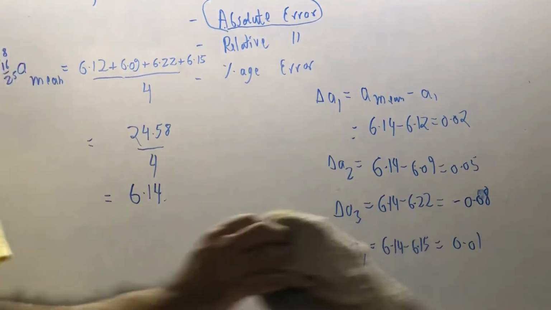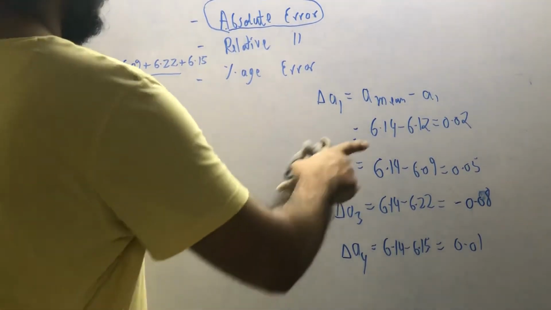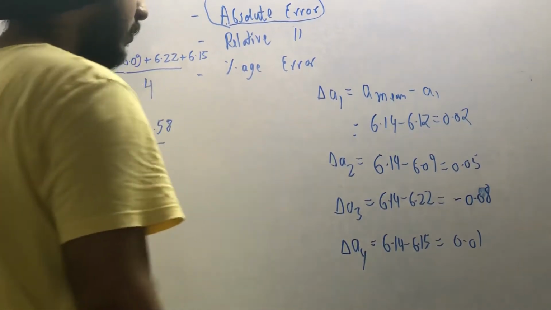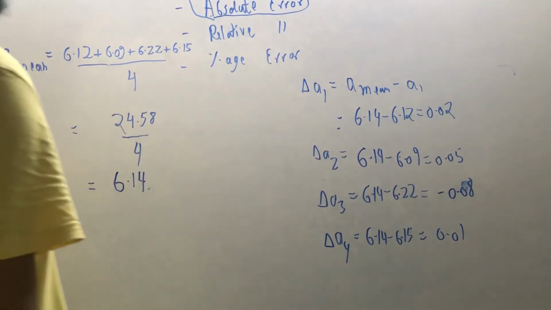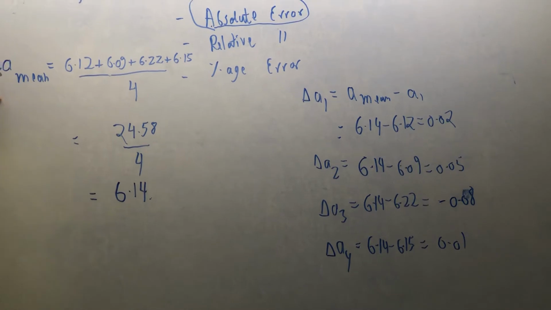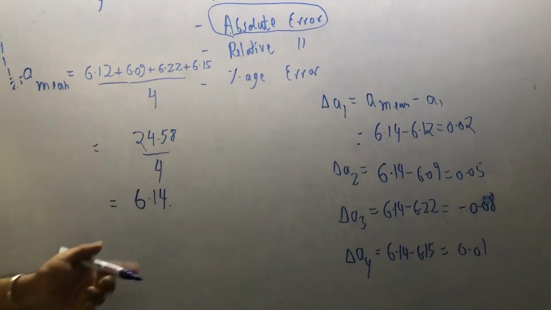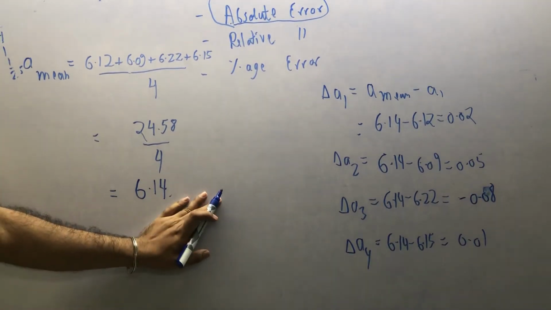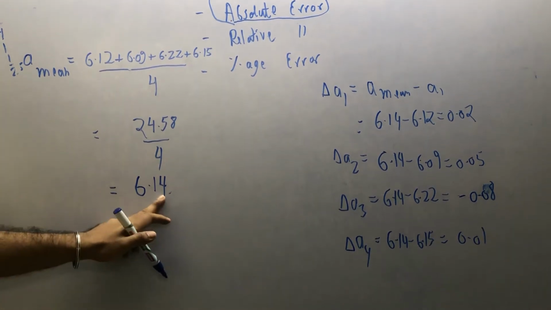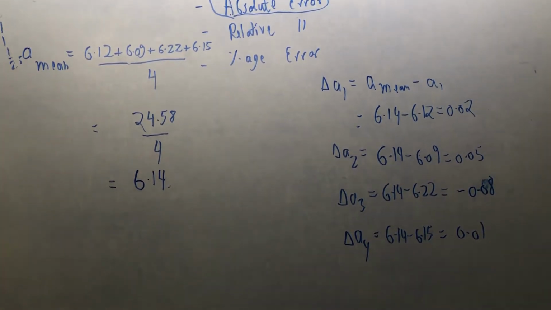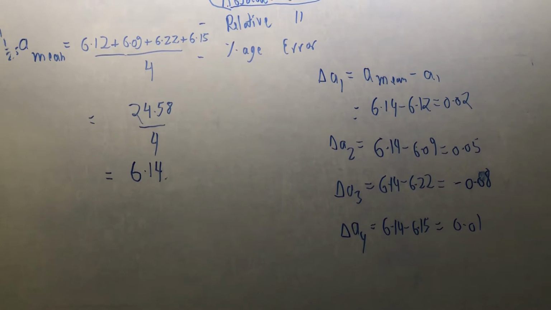Okay, so as we were seeing in this one, actually in these values we have done something wrong. First of all, whenever you are taking the arithmetic mean, according to your book you have to find the value to the exact numbers. Like if it is 6.14, you have to find after that also. Okay, so this comes out to be